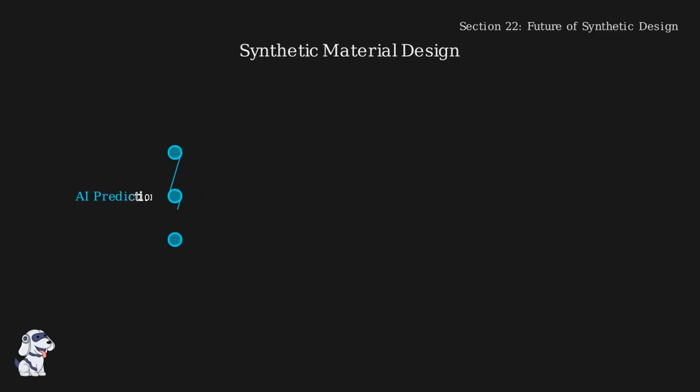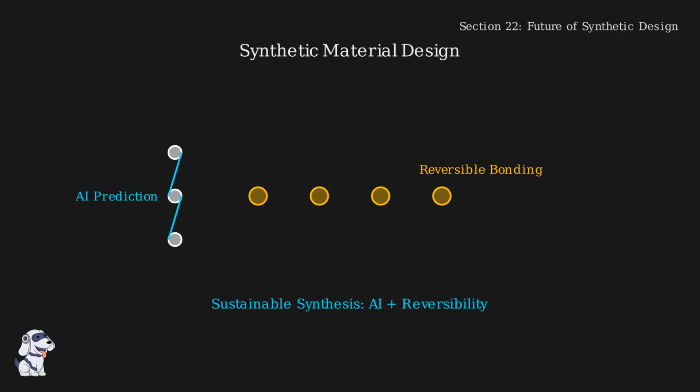We are entering a new era of synthetic design, where computational prediction meets molecular control. AI models now predict material properties with extreme precision, allowing us to build custom molecules from the ground up. By integrating reversible chemical bonds, these materials can respond to external stimuli, essentially unbonding on command to facilitate recycling and structural adaptation. This synergy of AI-driven synthesis and responsive materials marks a fundamental shift toward a fully circular and sustainable